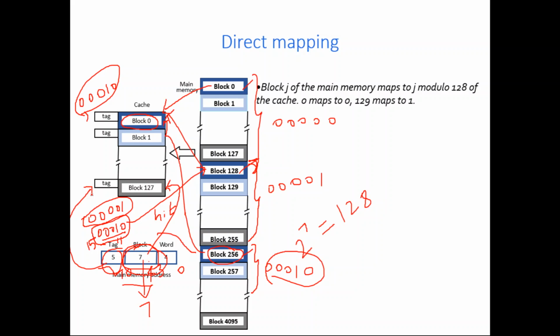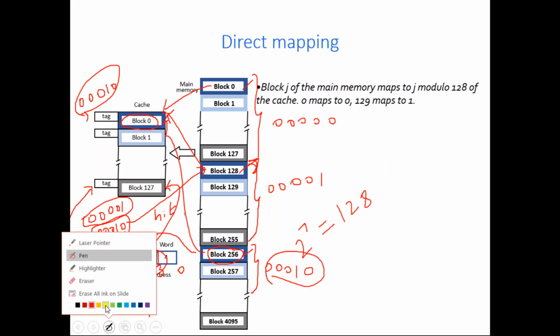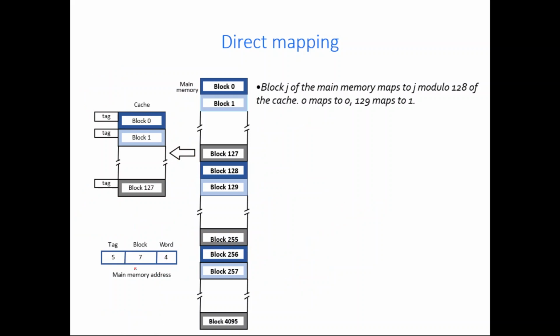Why I am doing this video is, I suspect that in the earlier video I said that the cache circuitry will compare all the tags for direct mapping. But that is not the case. It will not compare each and every tag. It is not required. Whichever block the block number is telling, only to that particular block the tag should be matched. If it is matching, it is a hit. If it is not matching, it is a miss. This is the one I wanted to convey, that is the purpose of making this video. I think it's clear. If you have any doubt, you can get back to me.